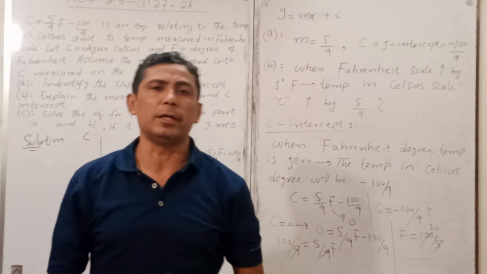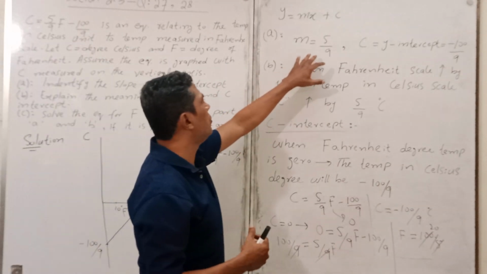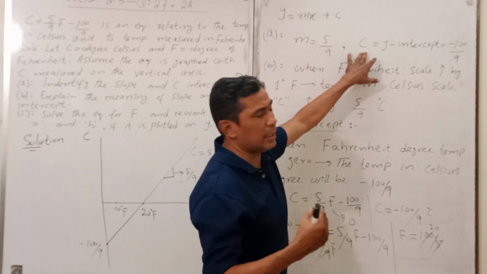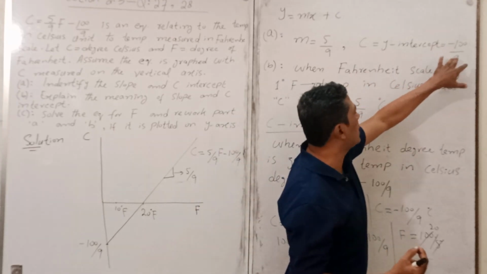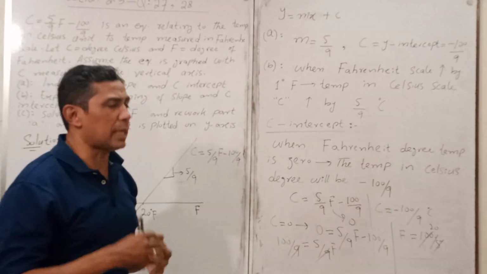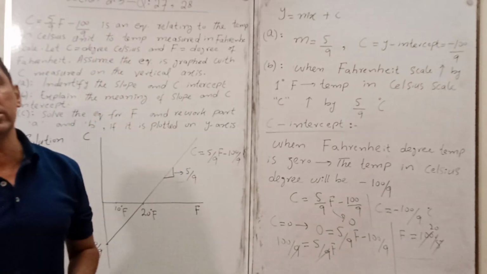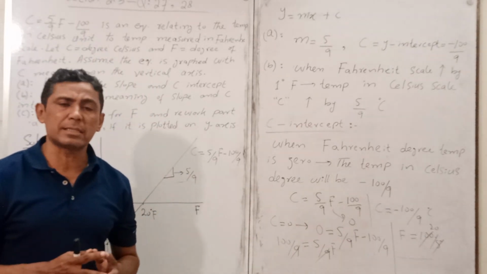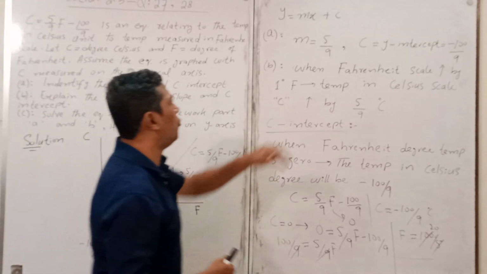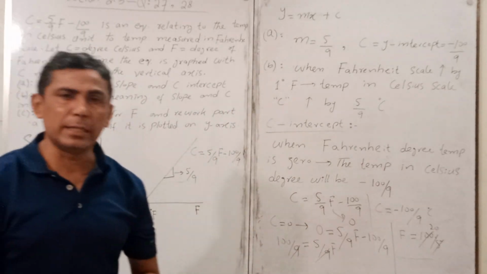We found it through that. And then we tried to find out the value of m, which is here the slope, 5 over 9, and C is the intercept here, that is negative, in the form minus 100 over 9. And second important thing, what is the relationship? Although the intercept is negative here, the relationship between Celsius scale and the Fahrenheit scale is positive. We have discussed why the slope value is positive, 5 over 9 here. And how can you interpret this value?